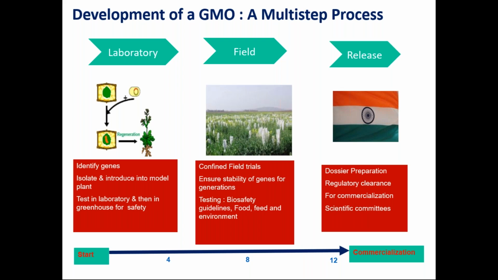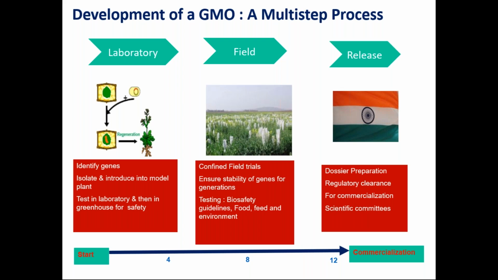So the first step is in the laboratory, where you identify the gene, you isolate the gene, you choose the model in which you want to express it, and then you test in the laboratory whether the gene has been inserted, and then you grow the plant in the greenhouse to test for both the expression of the property as well as the safety of the plant. Now, once this is done in the laboratory, which takes about 3 to 4 years,